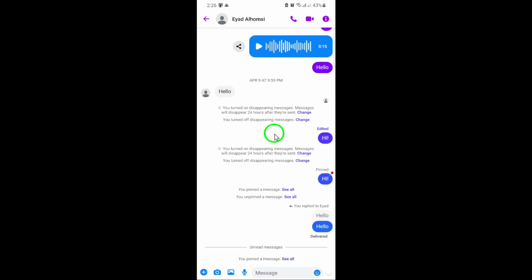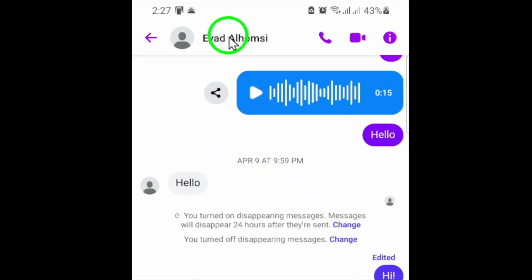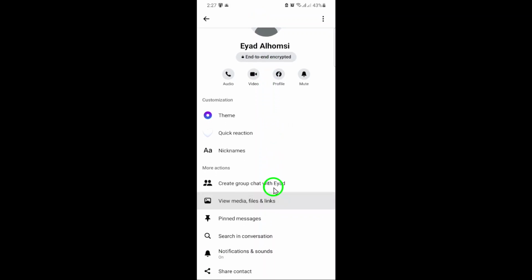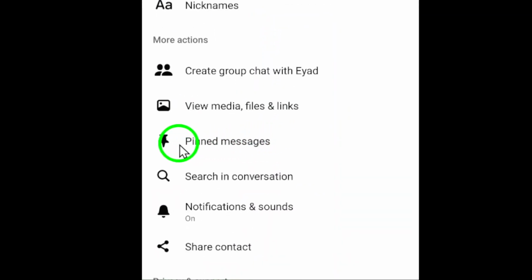Now, scroll down until you see the section labeled Pinned Messages. Here, you'll find all the messages you've pinned in this particular chat. These are usually important messages you wanted to keep handy, but if you no longer need them pinned, it's time